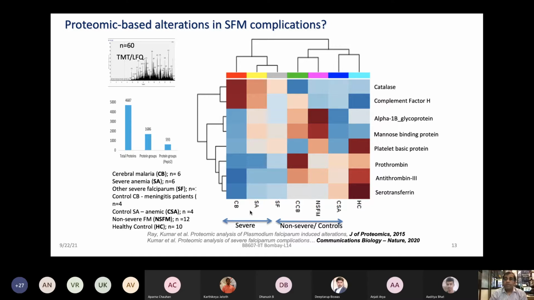So thinking about choosing the right control becomes very important in clinical or biological problems, because if you are only looking at protein change and you compare healthy control with everything else, you will see day and night difference, but that may not be a true reflection of the unique changes happening just because of that disease or that pathogen. Therefore, it becomes very important for you to critically look, when you are doing your project, at what should be the right controls to be used, and what other investigators and authors have reported for that disease, what could be my positive controls and negative controls. All those are important ways to move forward in investigating these problems.